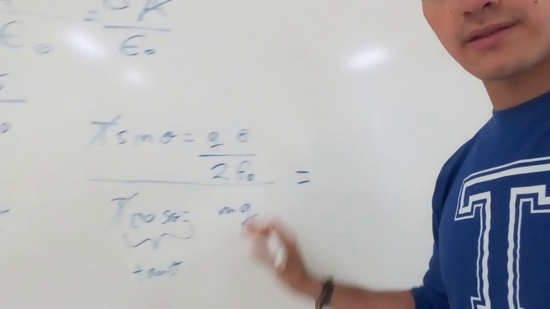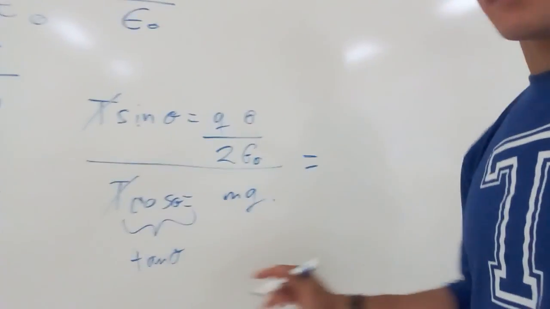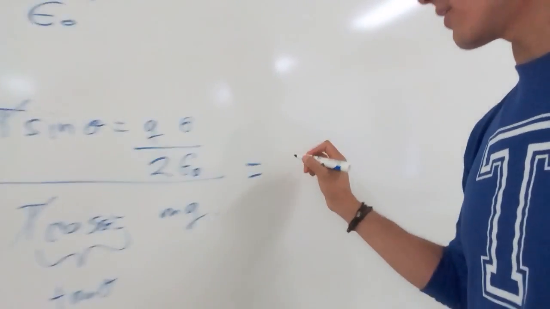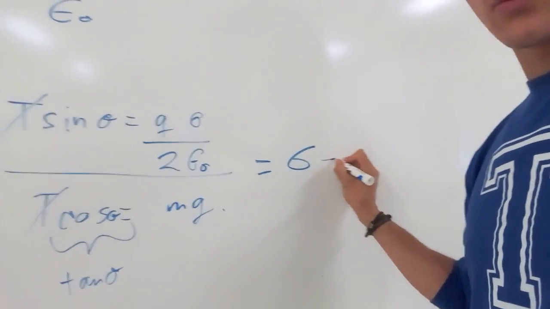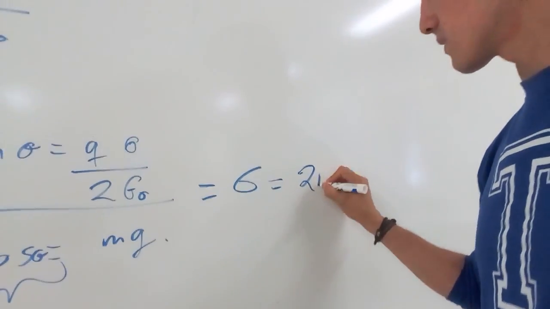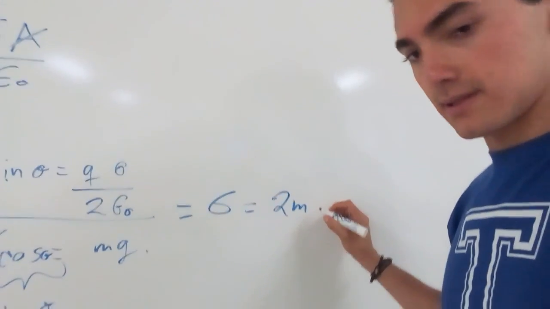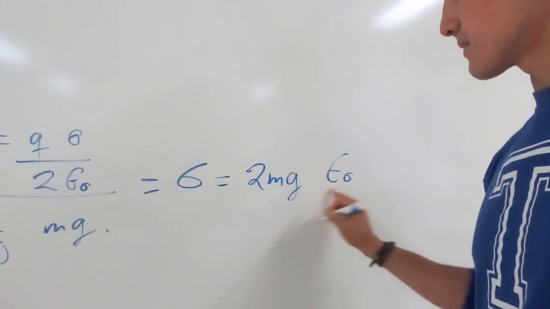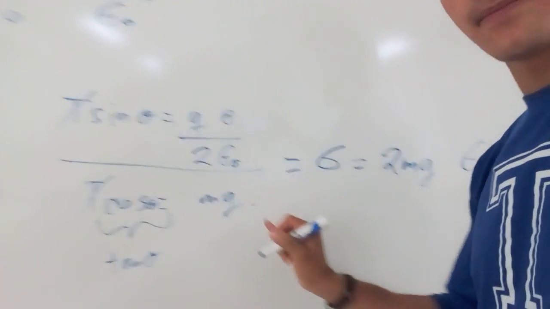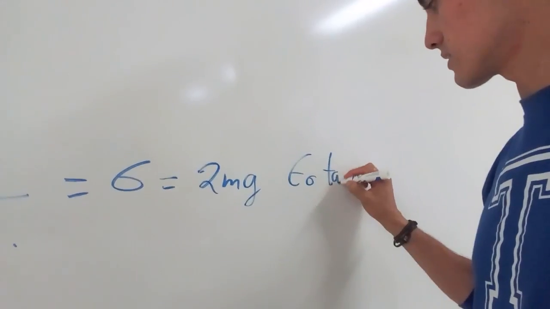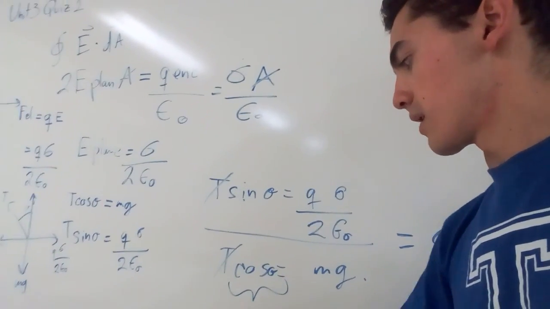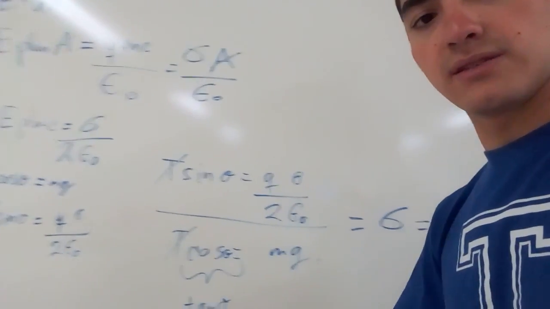So all this if we sum it, we will obtain that our linear density will be equal to 2 times the mass times the gravity times our constant, that is here, times our tangent, that was the product of the division of these two,